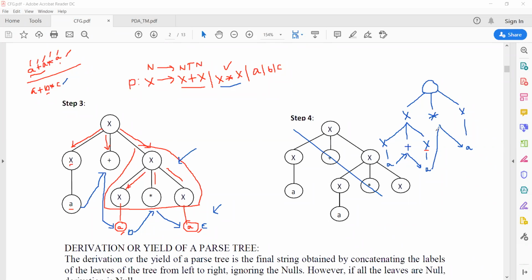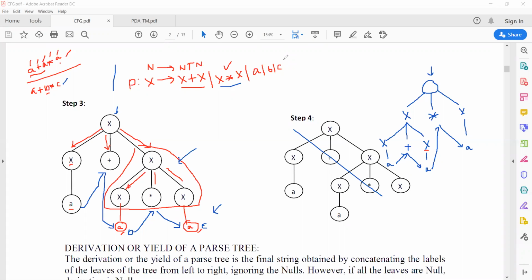So this is the thing that you are getting multiple times, or different types, for the same expression, for the same string for a given grammar. You are getting at least two types of parse tree. So this critical thing is known as ambiguity, because for a given grammar or for a particular string of acceptance, if you get two or more than one derivation, the system will get ambiguous about which derivation we need to take.